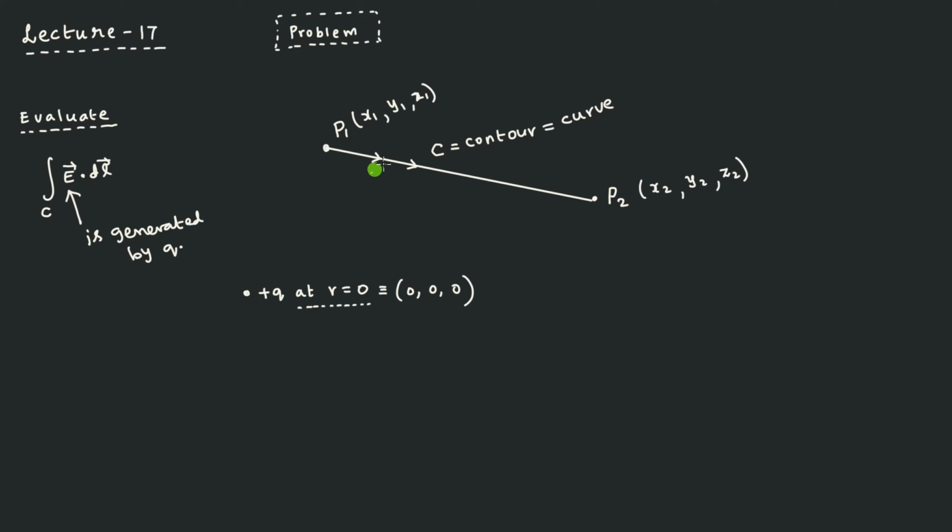So let me show in this diagram. If you consider any small length, in yellow color I am going to show that can be a dl. So dl will represent any kind of small length, a dl vector in this direction. That is a differential length, a small length. And then by doing the integration, you will be covering the entire length from P1 to P2. So that's clear. Before starting anything, we first need the expression for the electric field. Then only can we perform the line integration.